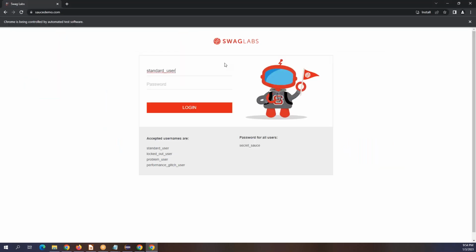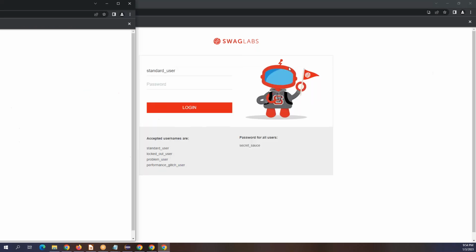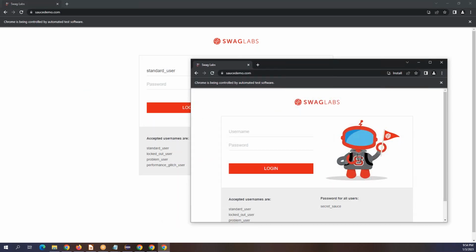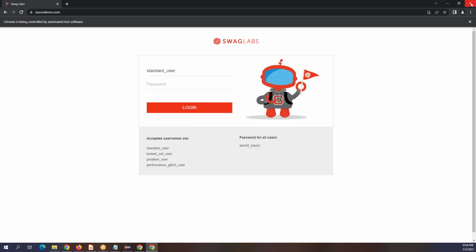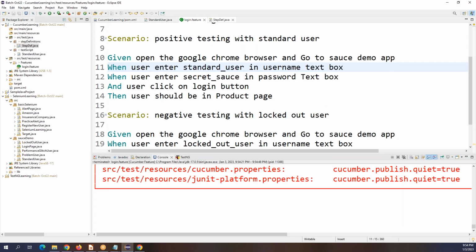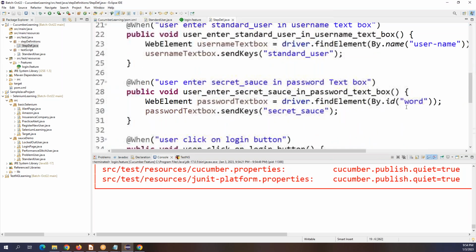So once you write one, where? Oh, okay. So I didn't change that. Okay, but still it's fine. So that one is for standard user, and this one is for logged-out user. So this is done. Now, if I go back to the class, let me get this one from back here,